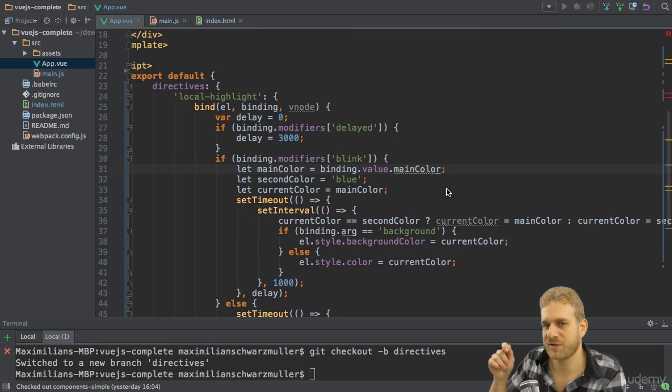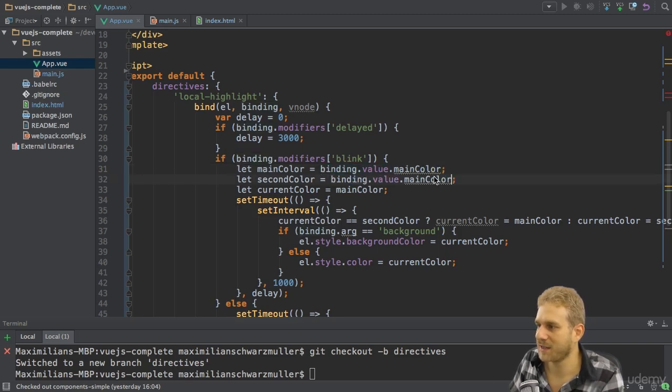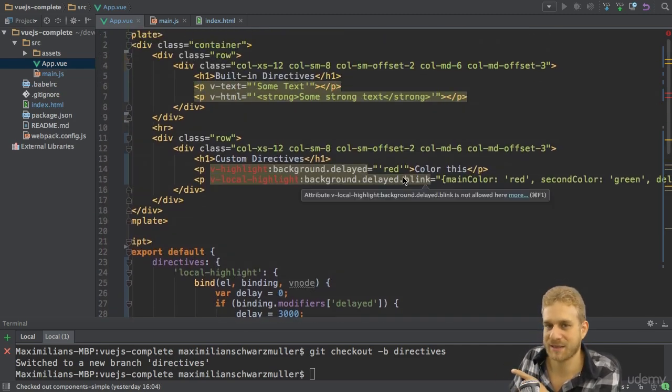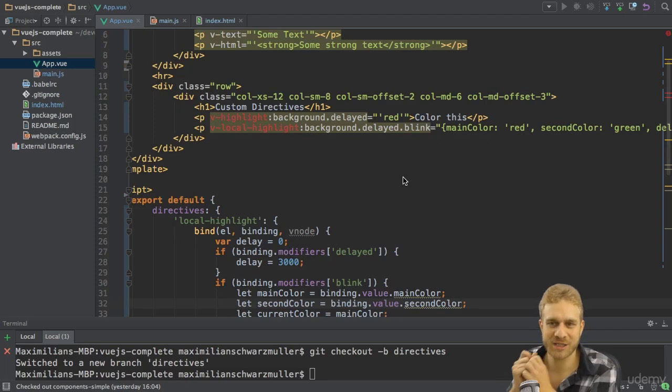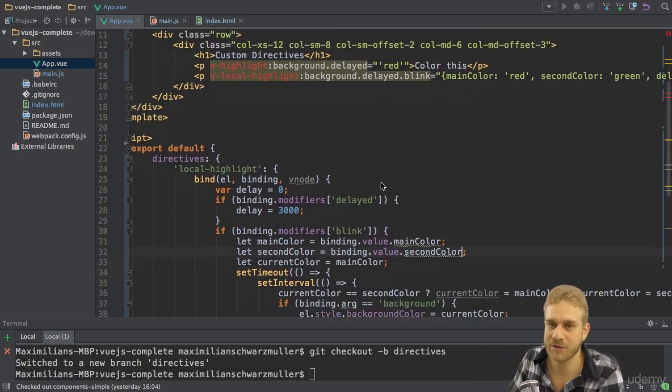I know I do have access to this because I pass it here. Of course, you could introduce a check to make sure that this really is passed. Here I know I do always pass it, so I will take the shortcut. Let's do the same here for the second color, like this. I can do this because value now simply is an object I'm passing in. Vue.js doesn't care what type this value of the directive has. Could be a string as before, can be an object like here, and then we can use it like an